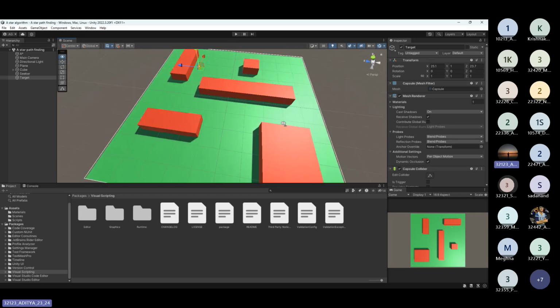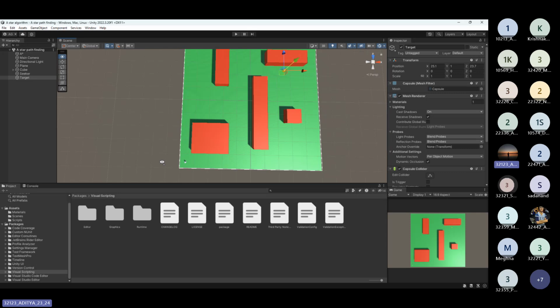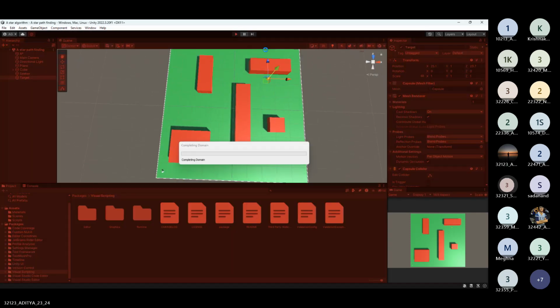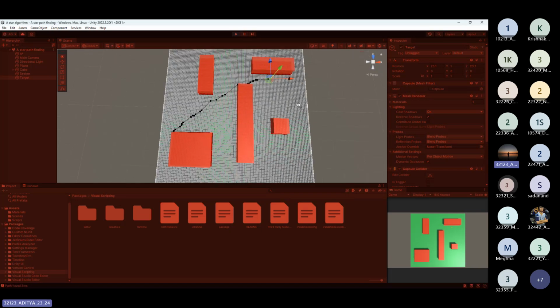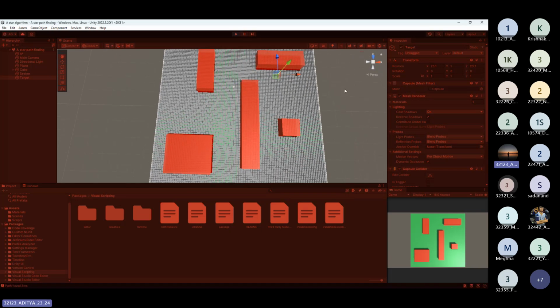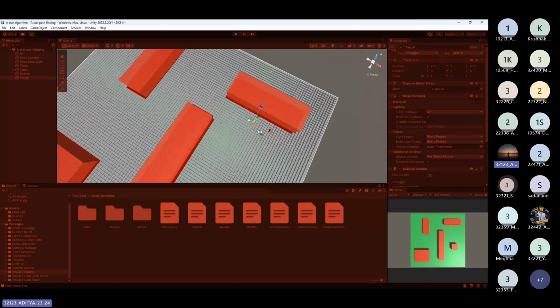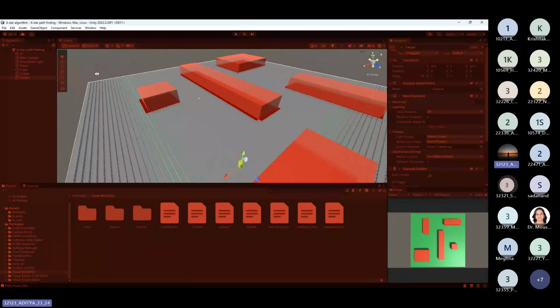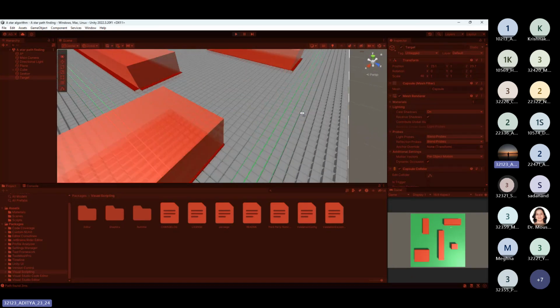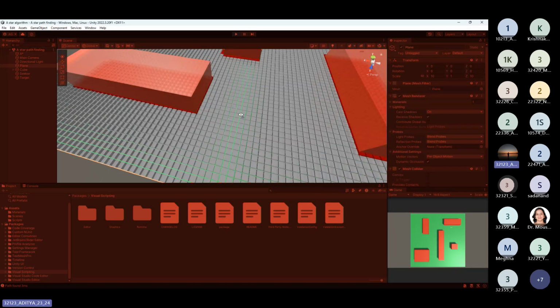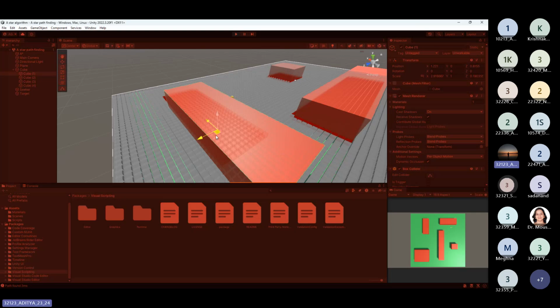So if I run this here, you will see a path generated from the seeker to the target. So when I run this, this black line is the path calculated by the seeker to the end node. So this was how it would be in a 3D world. Now, whichever 3D game you play, the ground of the 3D level is divided into these grids, which is used by the pathfinding algorithm to find the optimal path in the game. So even if the walls are moved, you can see the